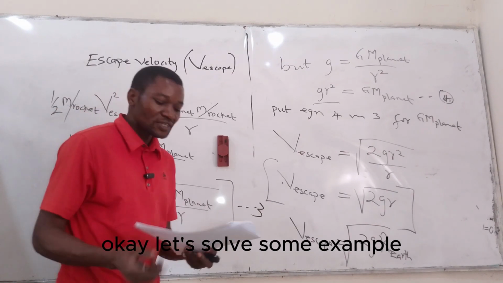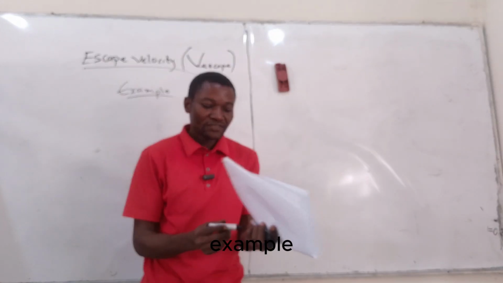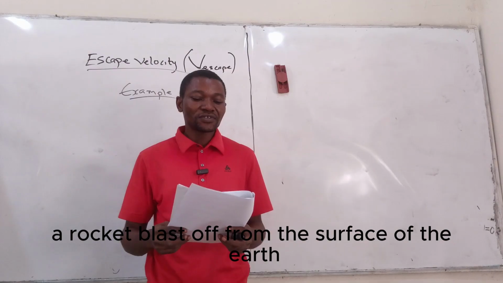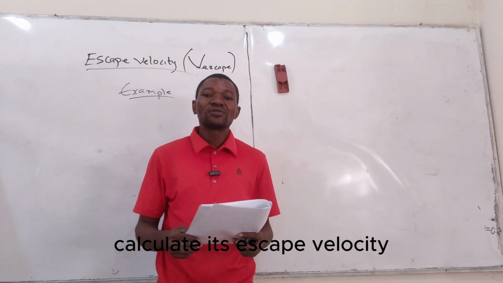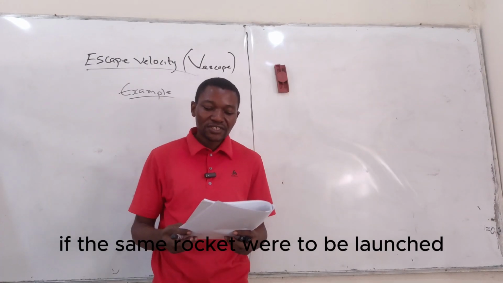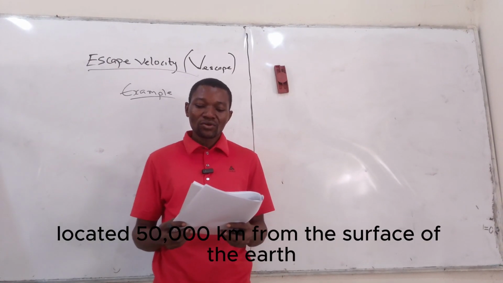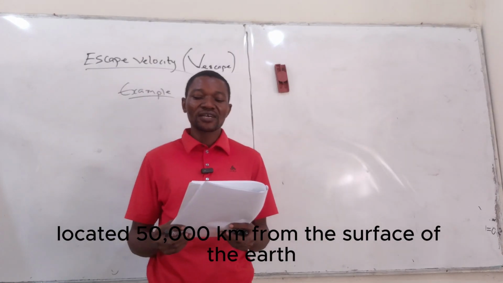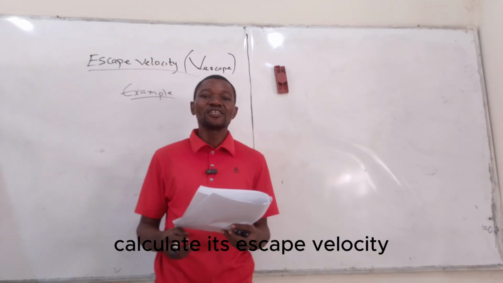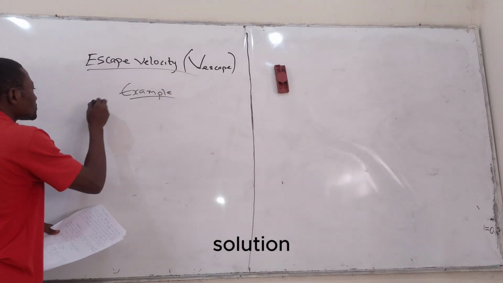Okay, let's solve some examples to really understand what we are talking about. Example: a rocket blasts off from the surface of the Earth. Calculate its escape velocity. If the same rocket were to be launched from a space station located 50,000 kilometers from the surface of the Earth, calculate its escape velocity. Solution: